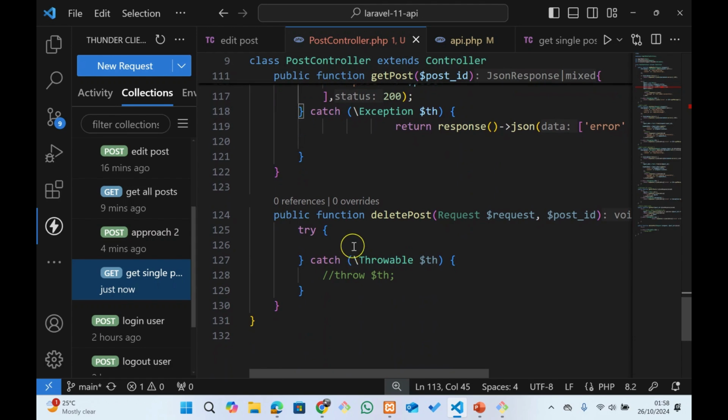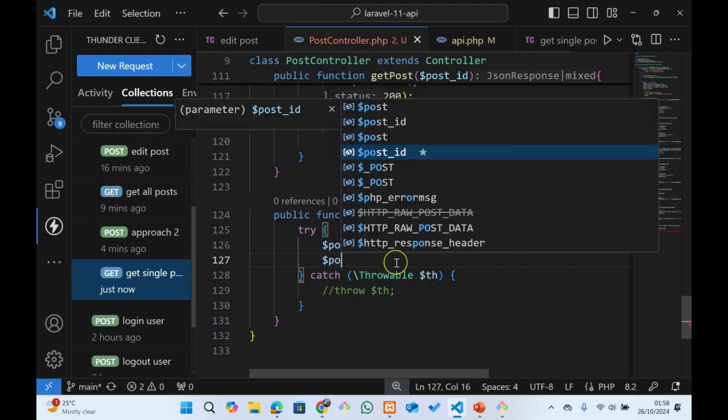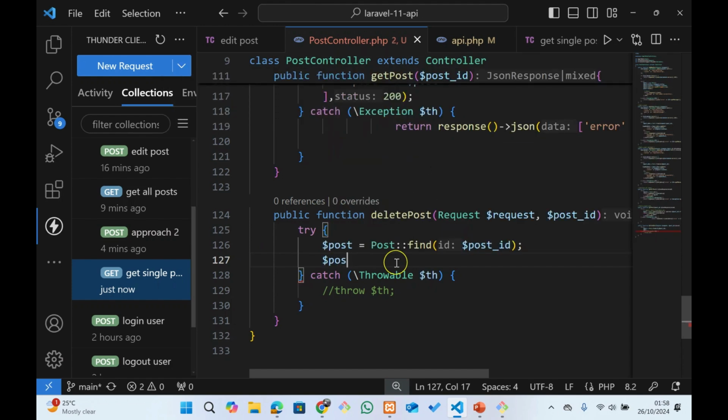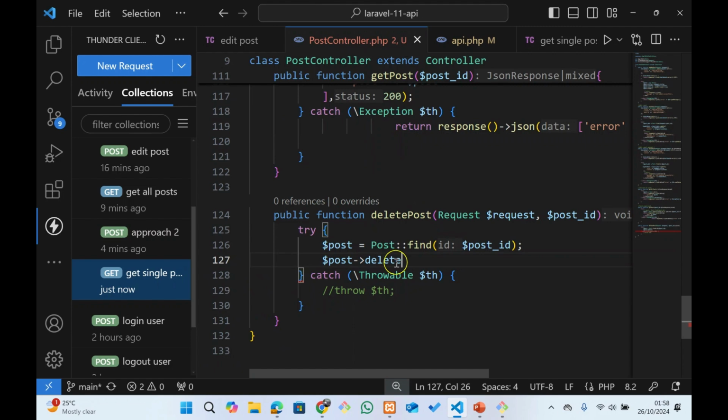Let's get that post and comment that one, and then, simply because that one will be an object, just say post, and then we are going to delete,